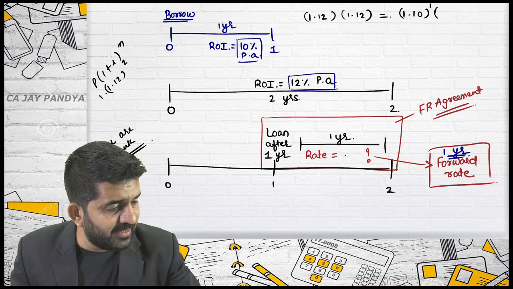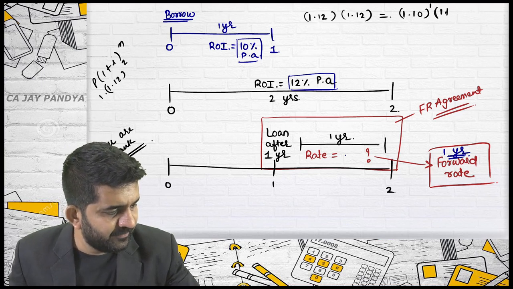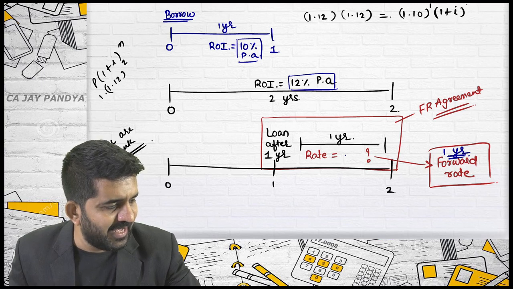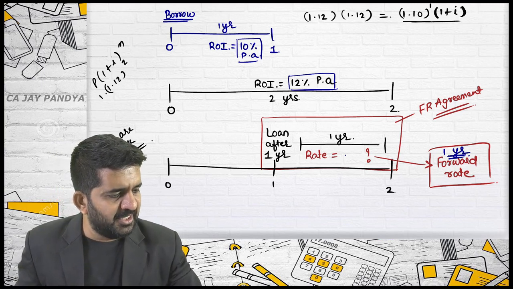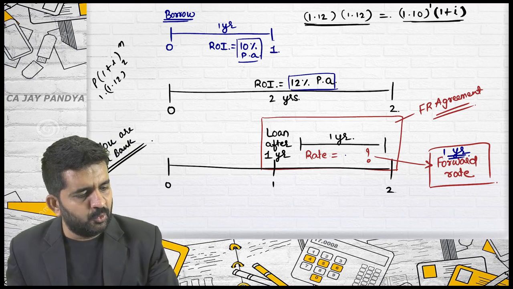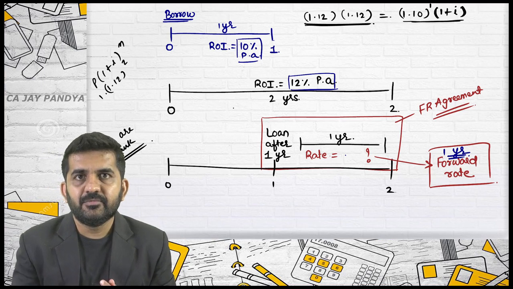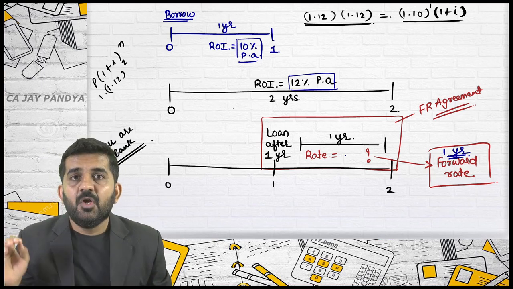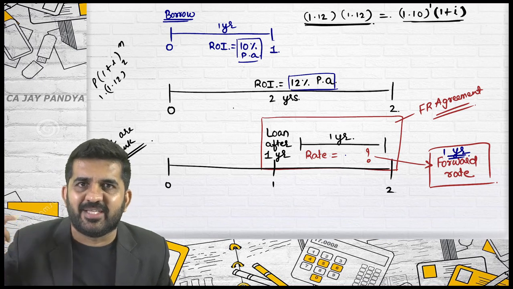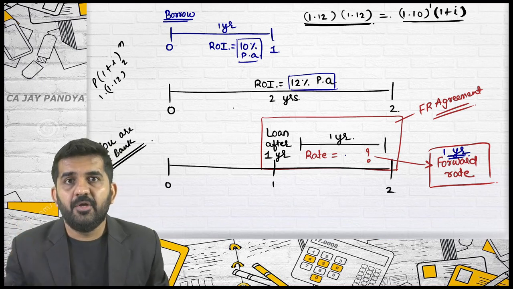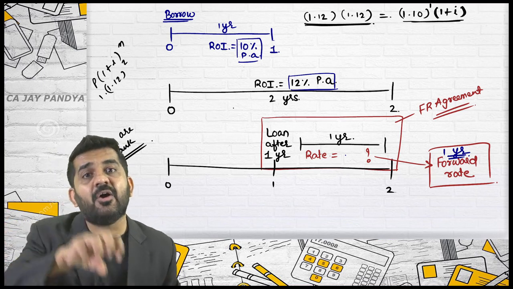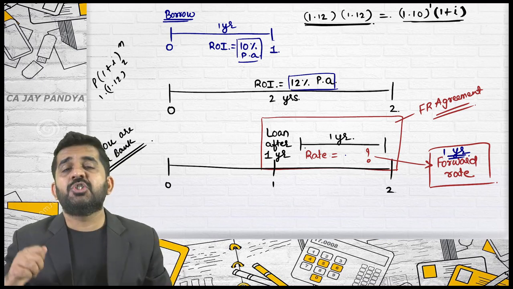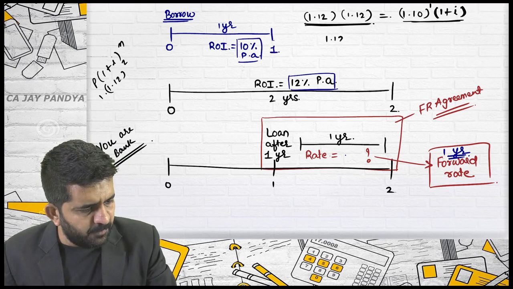And second, the same money invested at I rate of interest, then this money should be equal to this money. 1 rupee invested for 2 years at a time, or 1 rupee invested for the first year, amount taken back and again invested in the second year, the answer should be the same. So it is 1.12